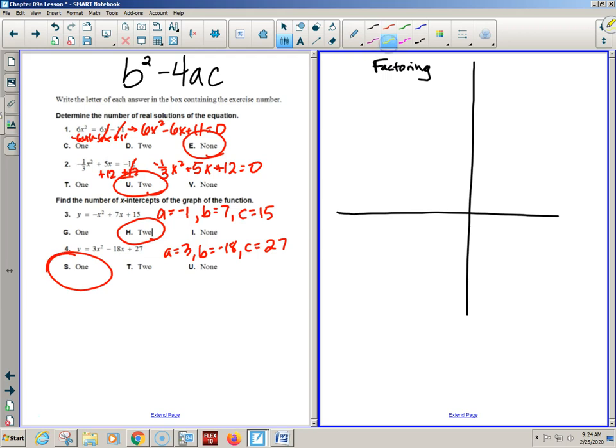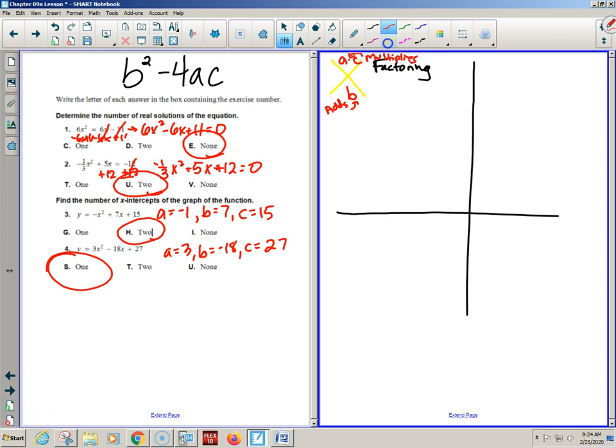So factoring, remember, we have the X method. And up here let's put A times C. Now that you've memorized the quadratic formula, A is the guy in the A spot. C is the guy in the C spot. B goes right down here. And remember, we're trying to figure out who adds to B and who multiplies